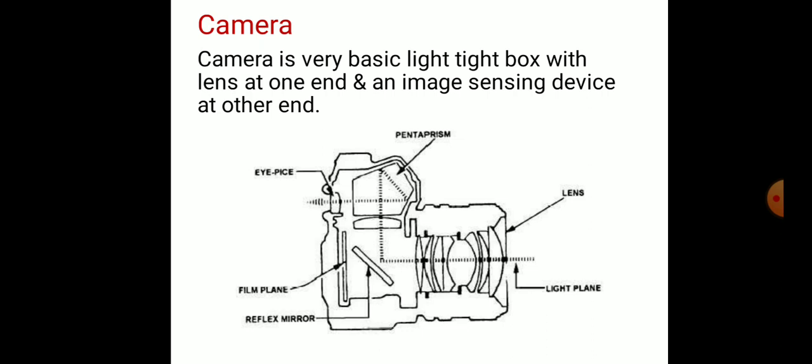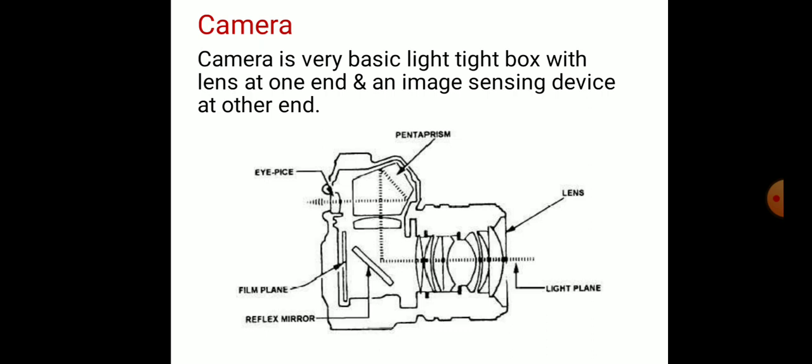The film plane is basically the image sensor or film sensor, placed in front of the lens. When the light comes in, a chemical reaction will happen. This image sensor you will find in a specific format, which is a small format, and we can consider it as 35 mm. Then the reflex mirror.